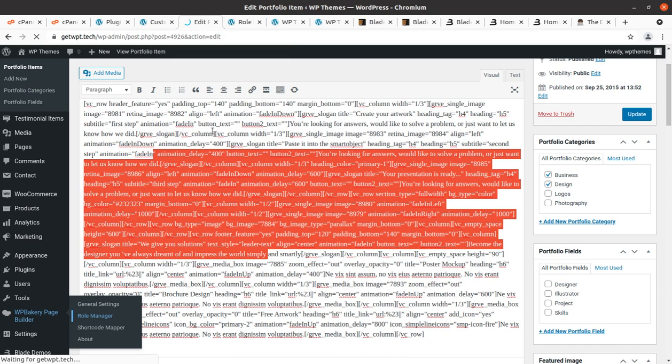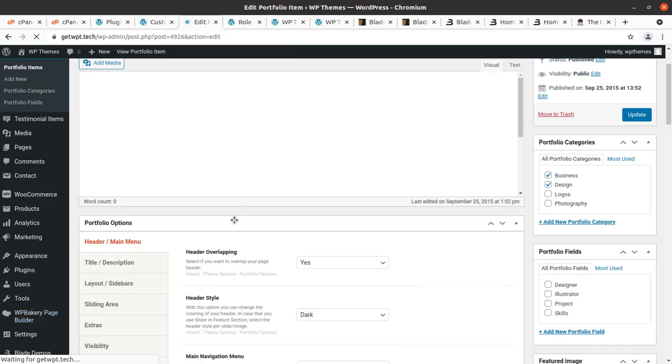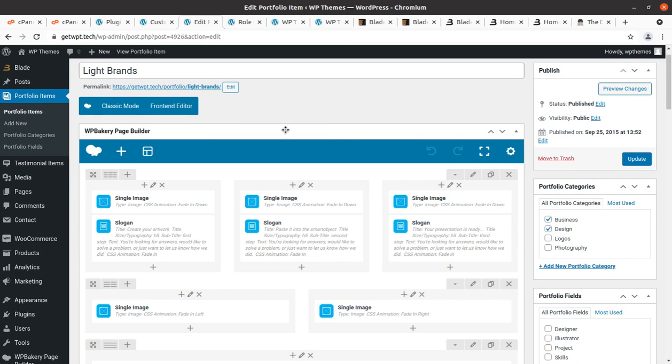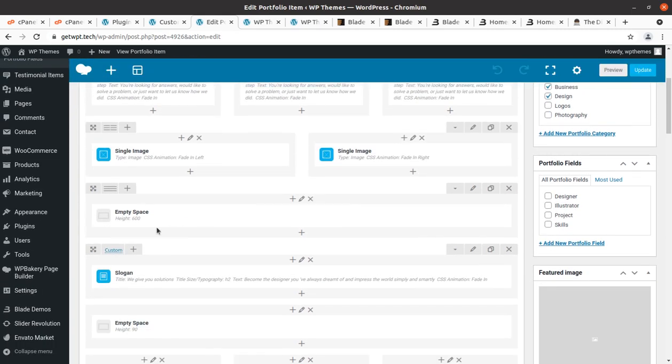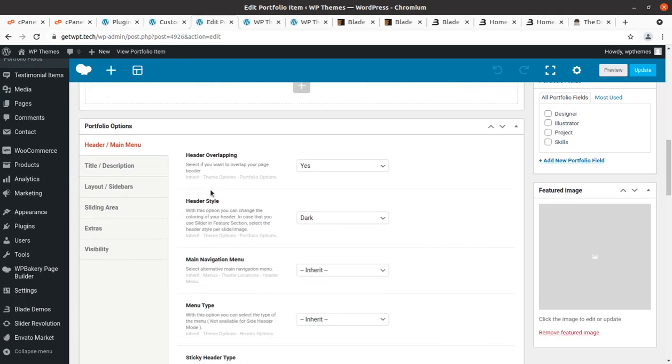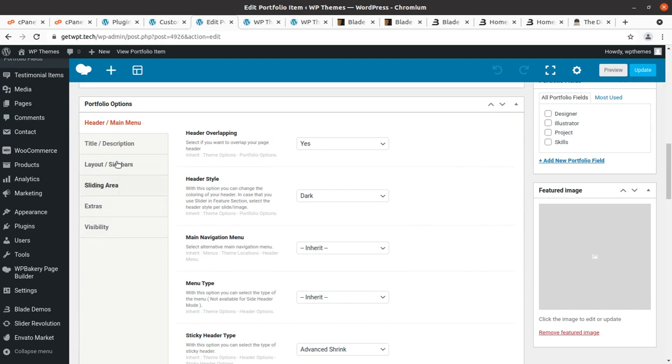Now it should work with WP Bakery. Just refresh this page. It is a simple trick, but it is not exactly a trick, it is a requirement. So now WP Bakery is effective here, and you can enable or disable WP Bakery as you need, as I showed you. So portfolio items can be added like this, and these are the fields. So it is simple and effective, of course, and these are the areas.